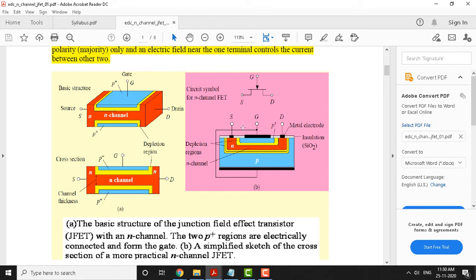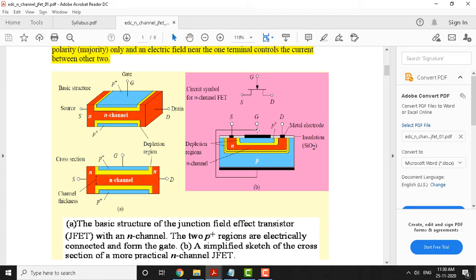As I told you, this forms a gate, and you can see there is an N channel here, similar to this. This more compact form is shown here, and there is a depletion region here also. You can make out this depletion region. And you can see all three terminals, just like in the cross sectional view or 3D view you have seen: there is a source, there is a drain, there is a gate. Okay.